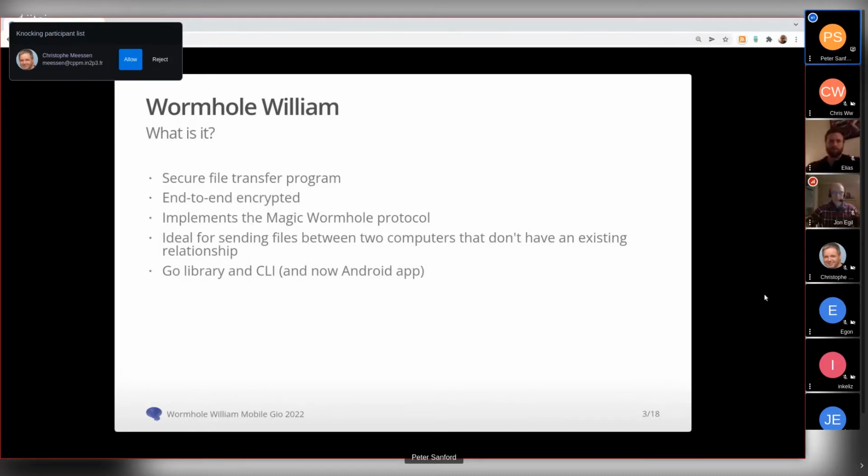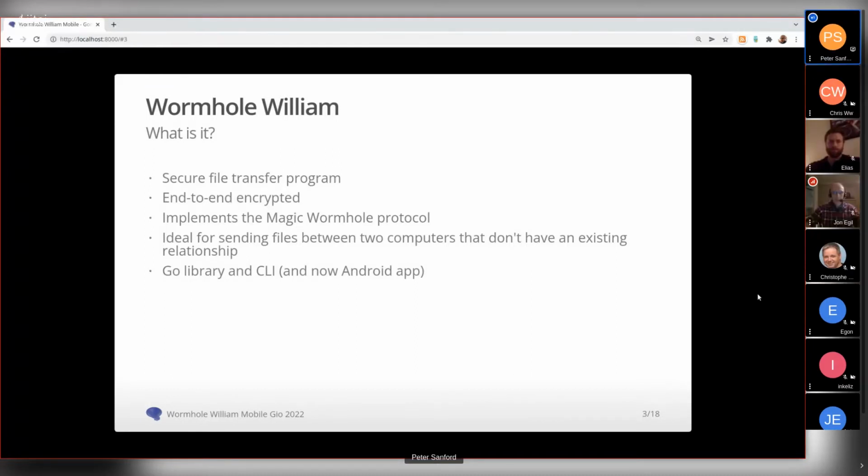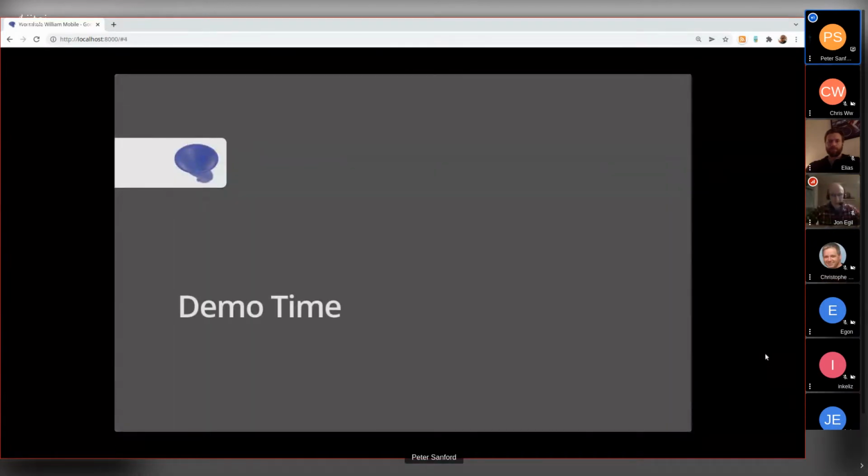But there have been a few other projects that have now incorporated it, and I've obviously incorporated it in my UI. So I think probably to understand it, it's best to do a demo real quick.